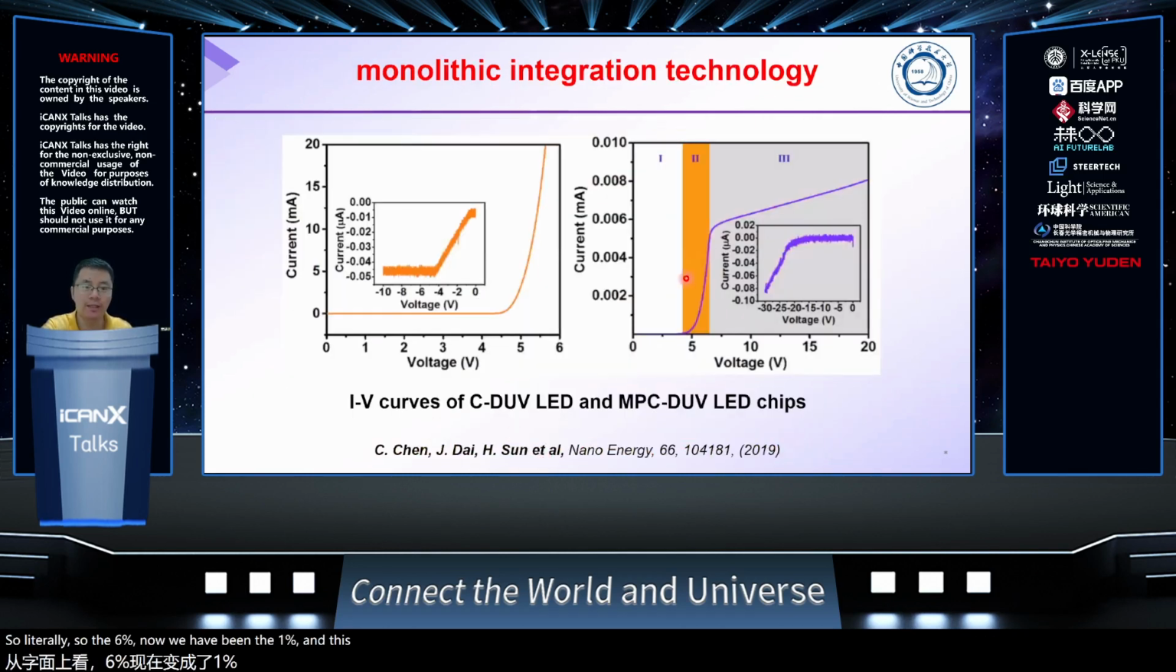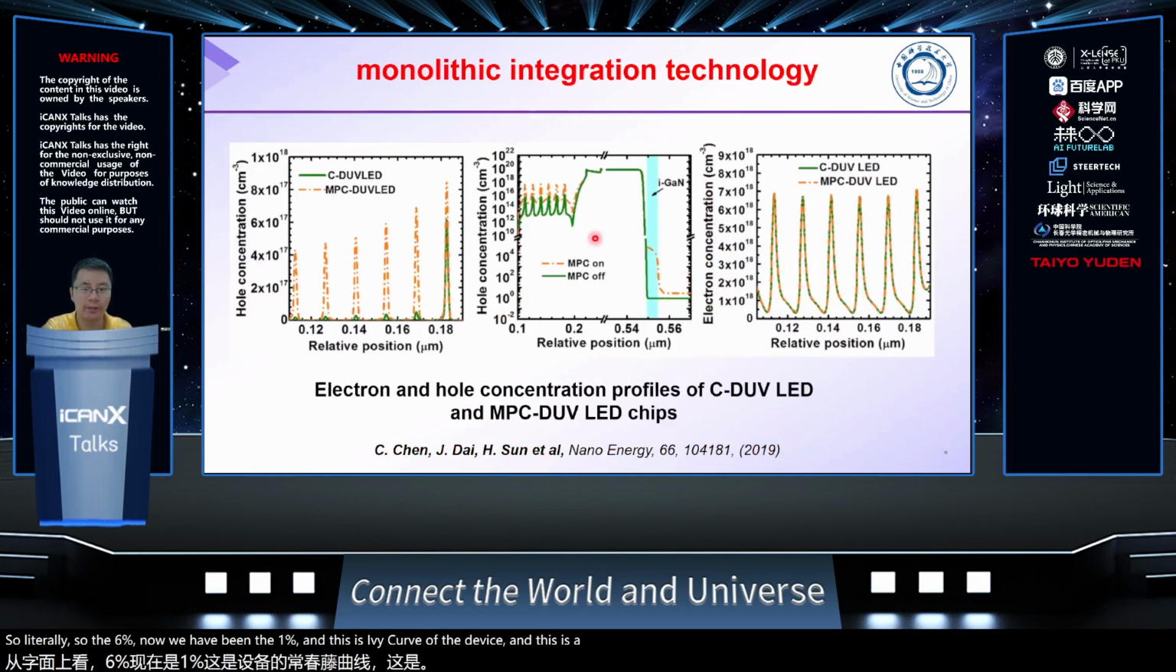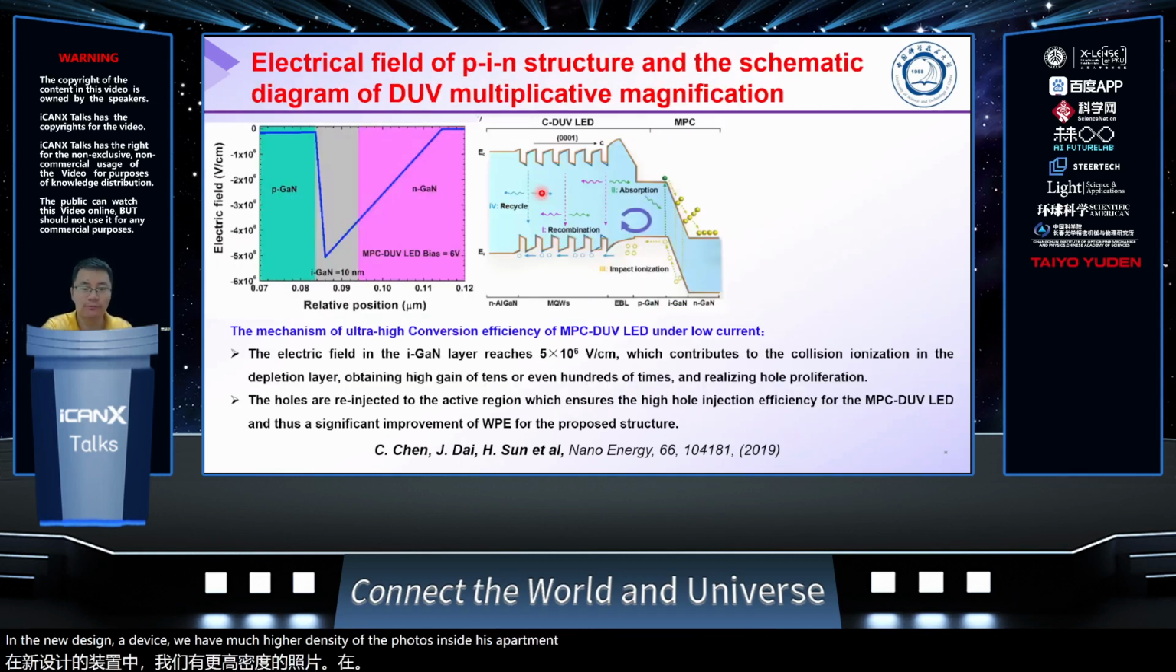And this is the IV curve of the device. And this is a band diagram of the device. What we learned is that in the new design device, compared with the conventional one, we have a much higher density of holes inside the quantum wells. And what we learned is that this mechanism of ultra high conversion of the LEDs at very low current is because of the introduction of the